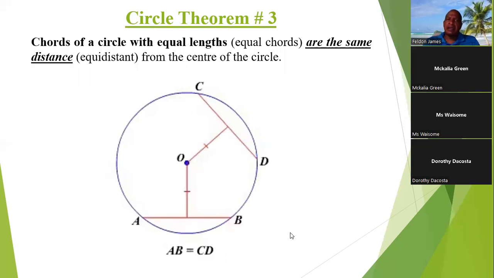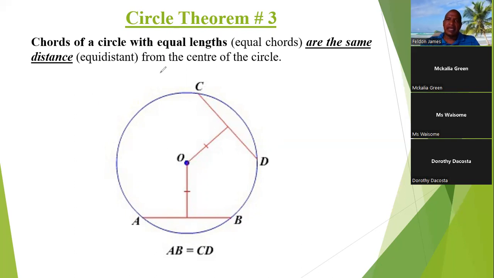Now, chords of a circle with equal length. So this chord AB, the chord from this part of the circumference to B, has the same length as the chord CD. Now, because these chords have equal lengths,